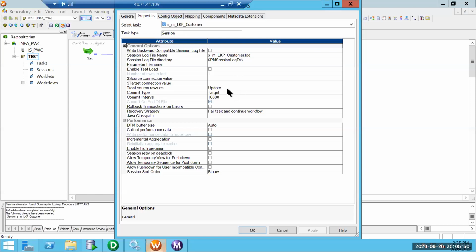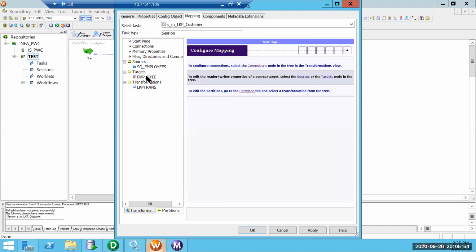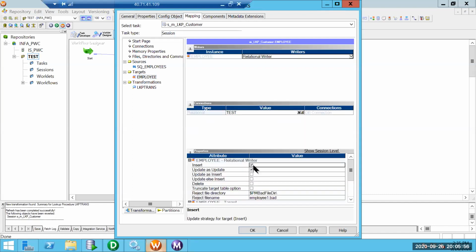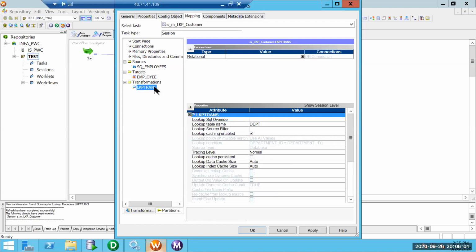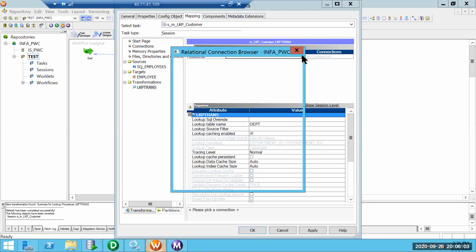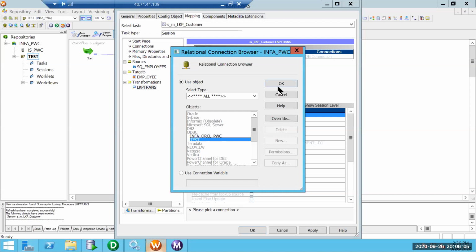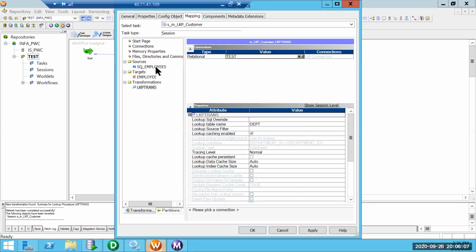In the properties tab, it was all inserts, so I am changing it to insert. We should have the insert option enabled because we are loading the data. The target is test. The lookup is also test. The lookup connection is test. The department table is there in test.